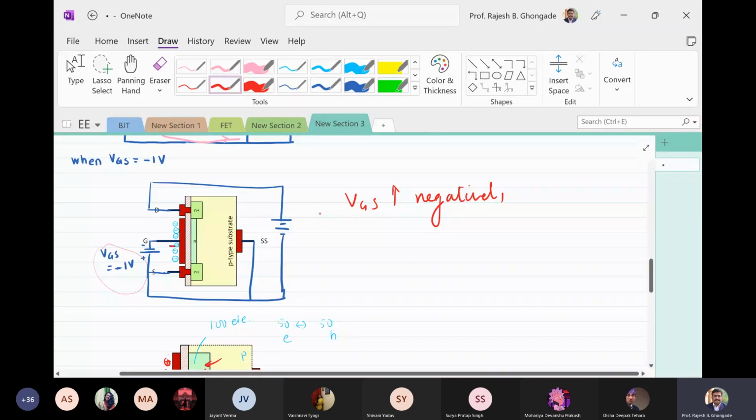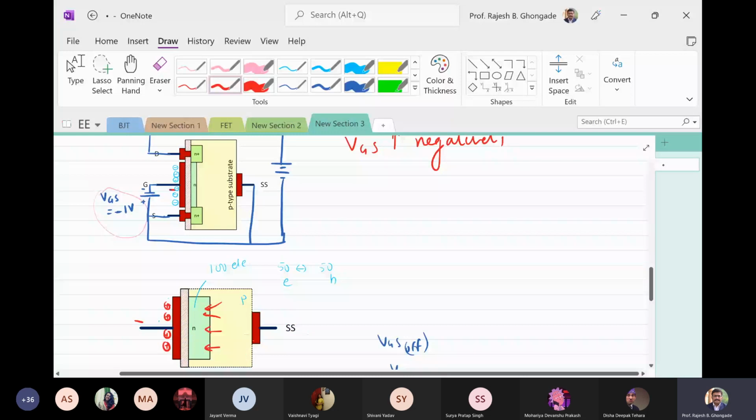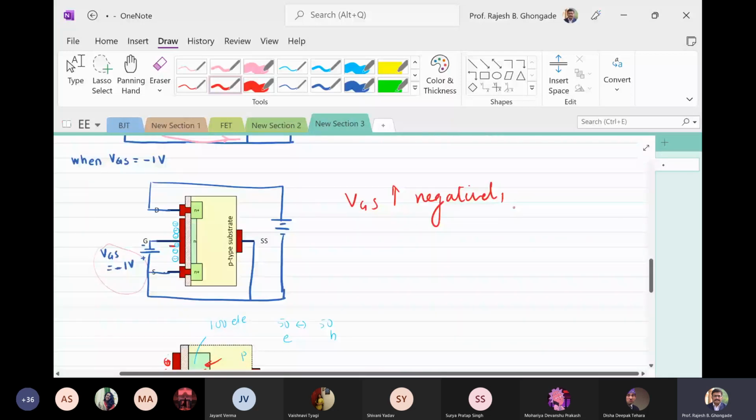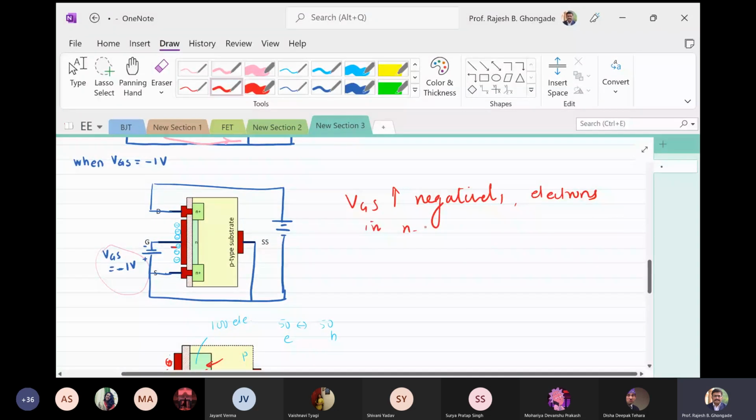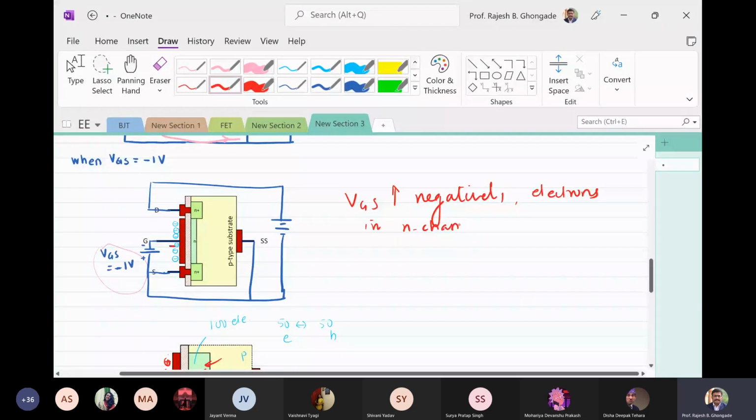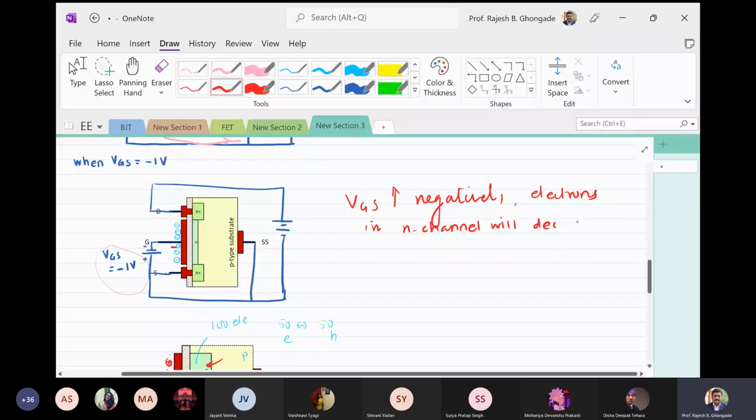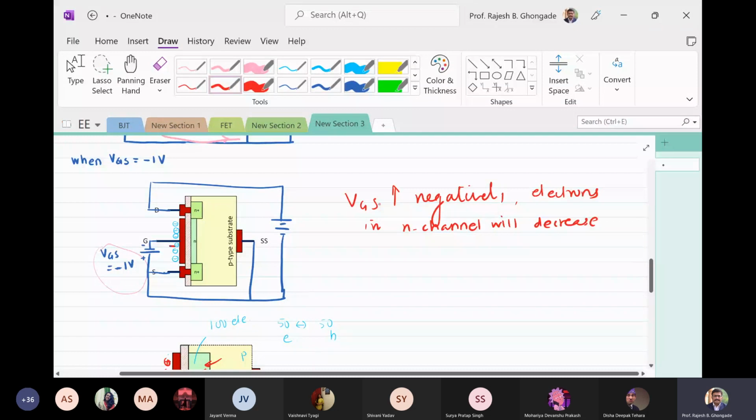what will happen to the electrons in the N channel? We've already said that. The electrons in the N channel will decrease. Correct. They reduce because of the recombination. And when we have, let us say,